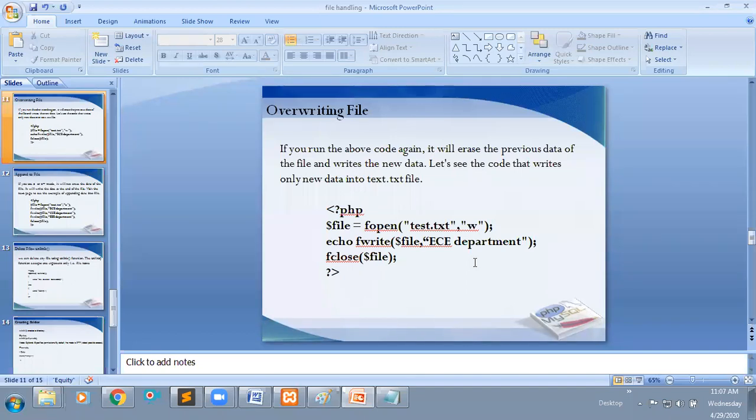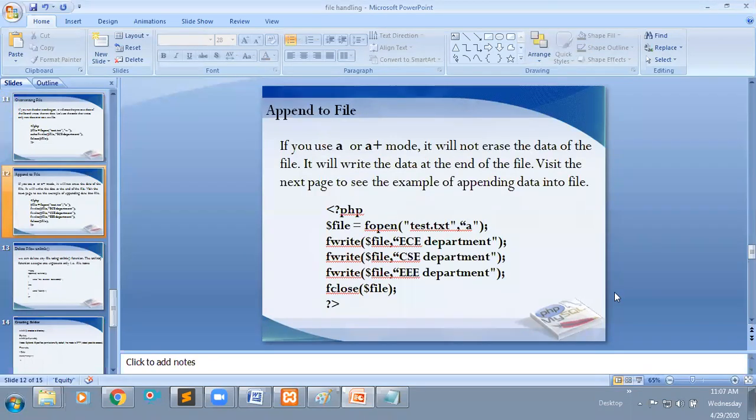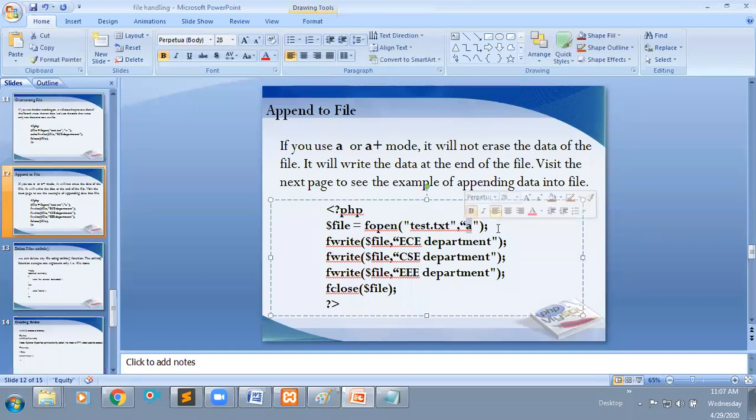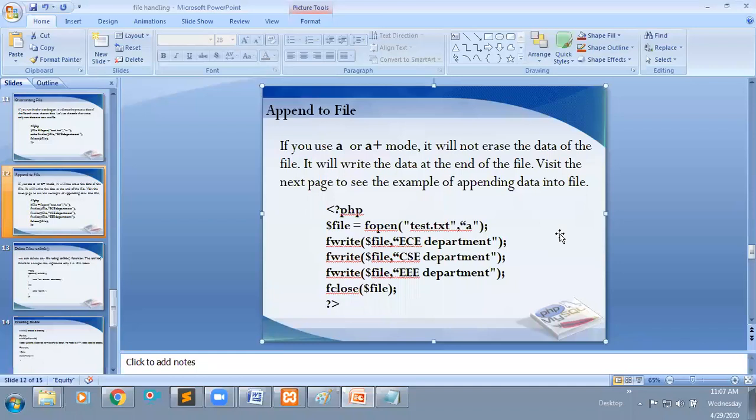If you require the previous data also, you need to go for appending mode. Appending means you need to open your file in a or a plus mode. Here, a is for appending a file. It keeps the previous data in your file, and it will add some more data into your file.